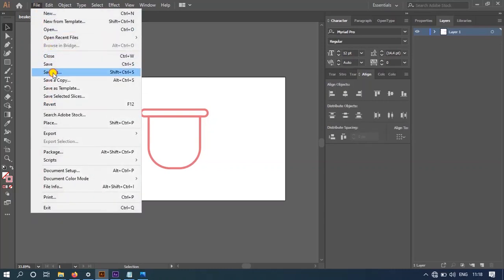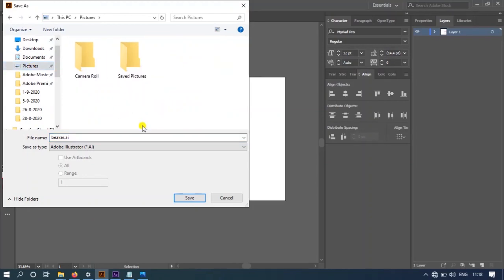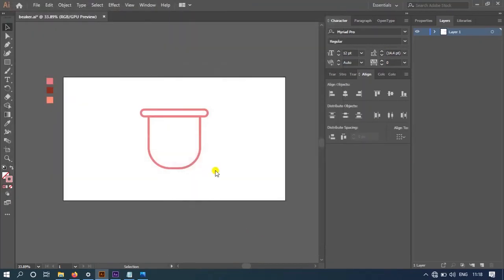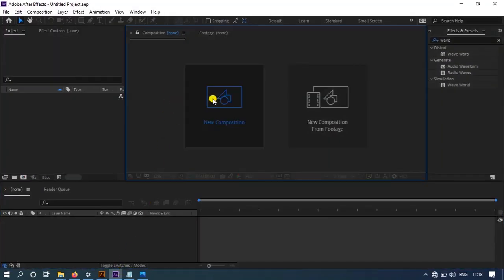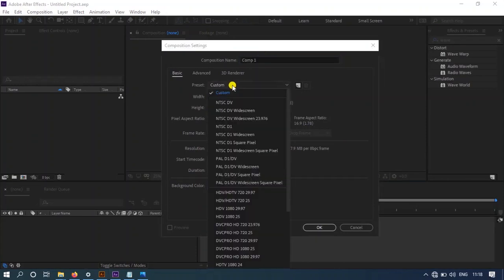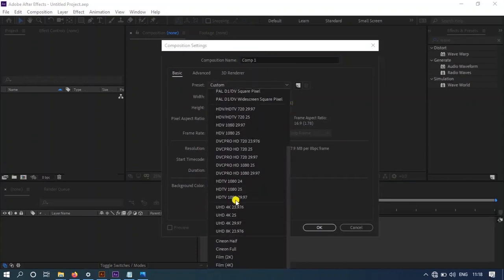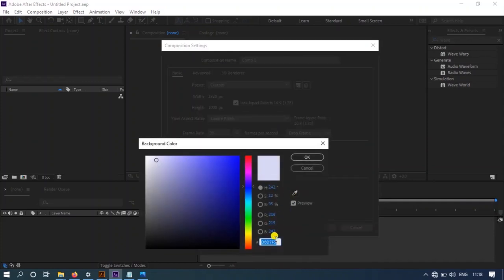So once you have created this beaker in your Adobe Illustrator, you have to save this project as an Illustrator file. Now open After Effects and click on new composition. You can give any name here and choose the size as 9:16, and now you have to change the frame rate to 30, and my color code is here.